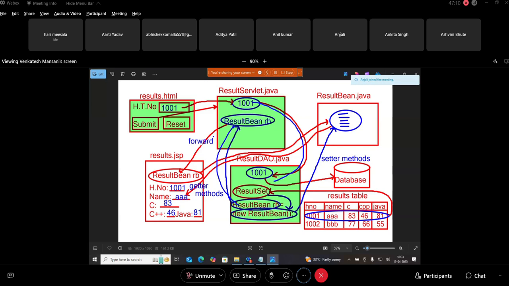Parameter: hall ticket number. Result bean is the return type. After receiving it, in the DAO class we have to write one method. The method should take the parameter hall ticket number and return the result bean. After getting the hall ticket number here,